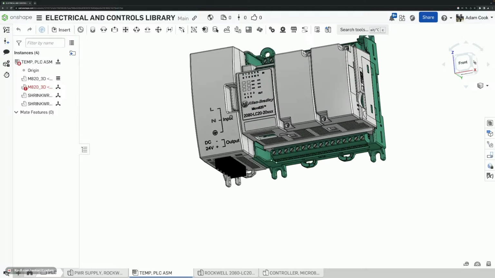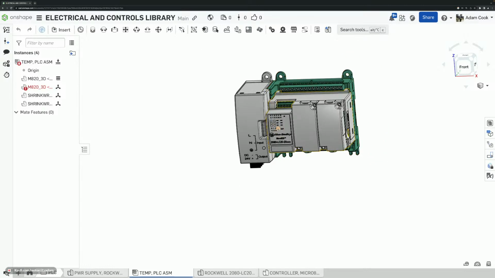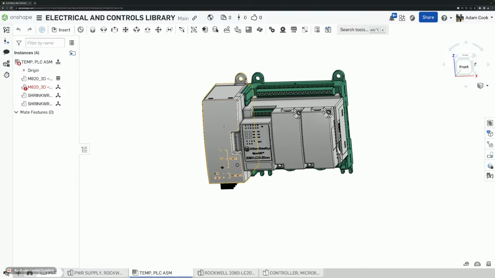These are the outputs. And in the middle here, you have a power supply, in this case supplying 24 volts. Generally, PLCs come with two options. There's either a 24 volt option or there's a 120